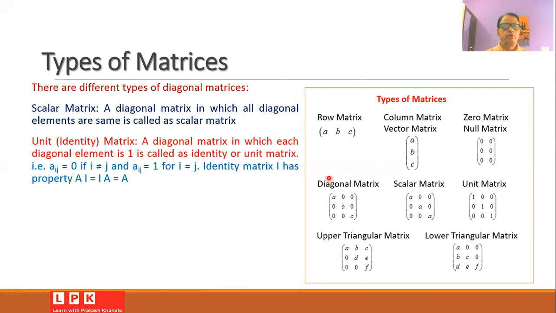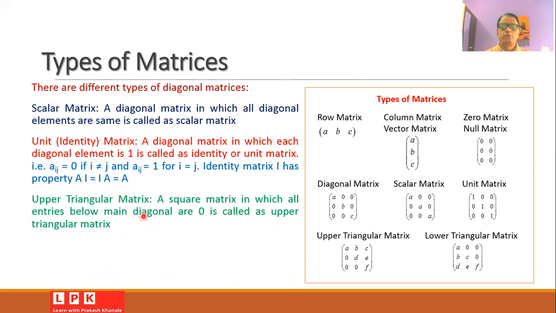There is a concept of a unit matrix or identity matrix. A unit matrix or identity matrix is a matrix in which the diagonal elements are equal to 1 and the rest of the elements are equal to 0. As shown in this window, all the diagonal elements are equal to 1 and the rest are equal to 0, and therefore such a matrix can be called an identity matrix. Normally, we use the symbol I for the identity matrix, and therefore we can say that A into I is equal to I into A is equal to A. That is, the identity matrix will hold this multiplication property.